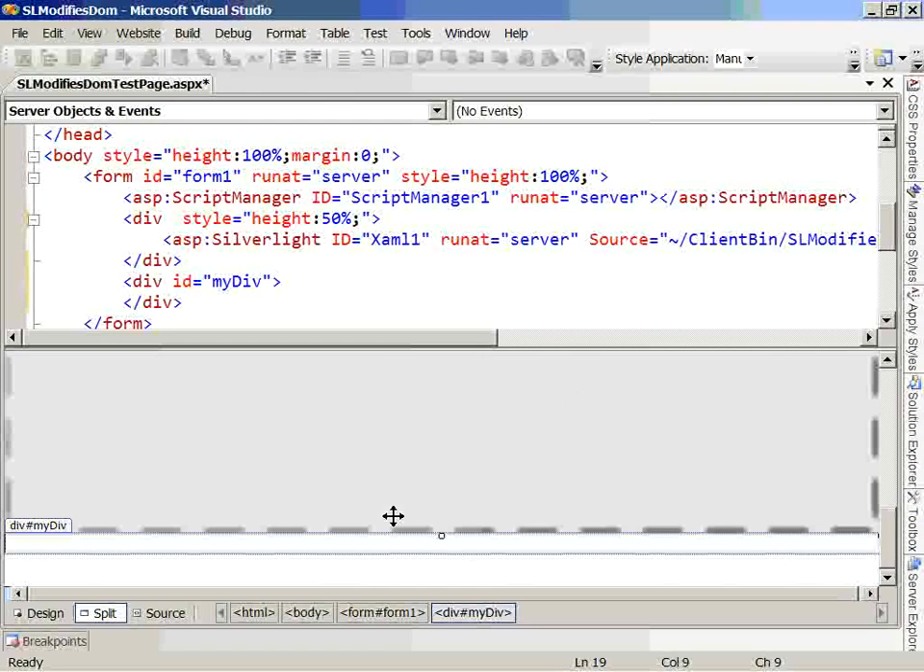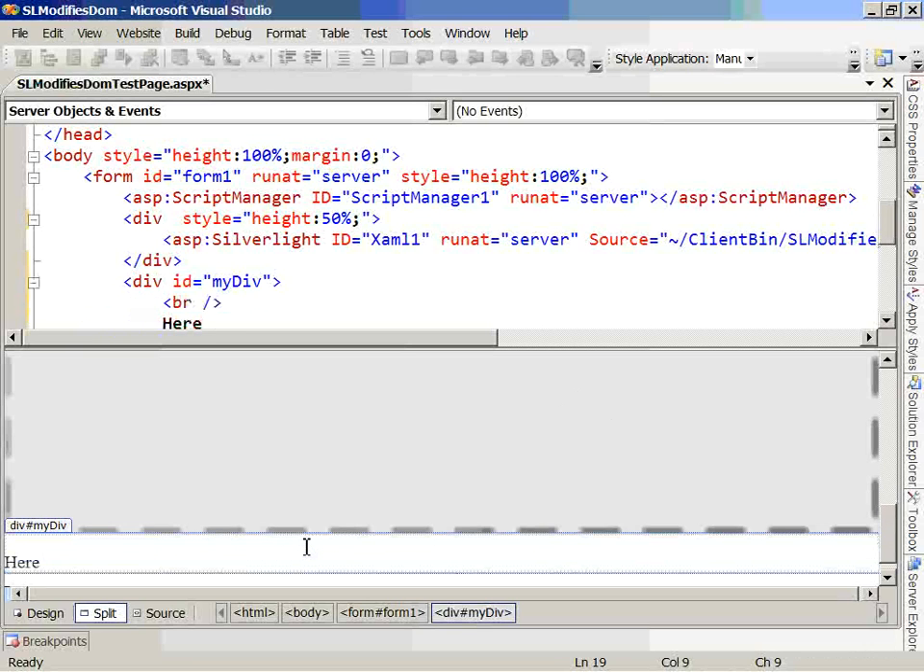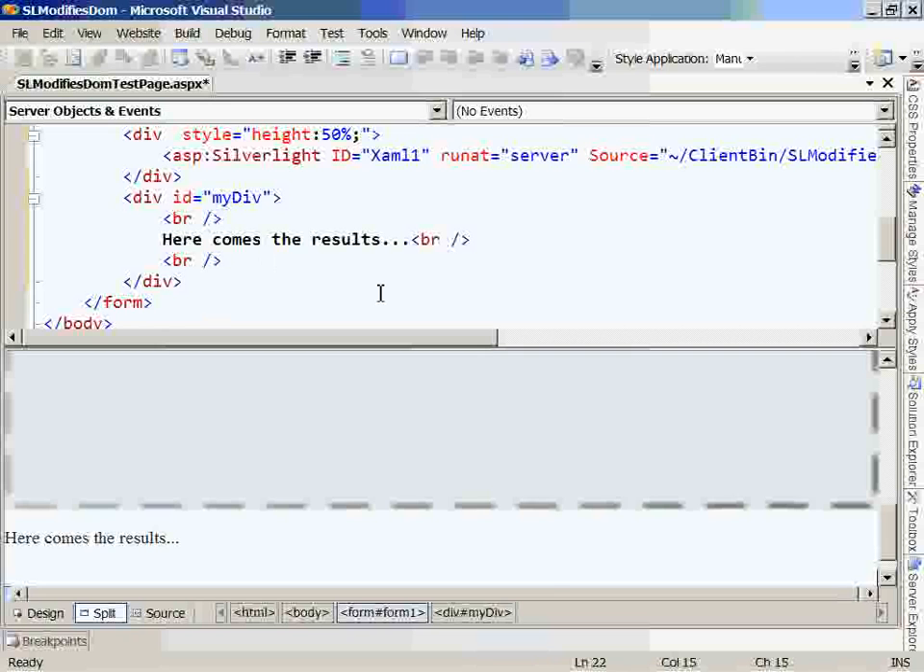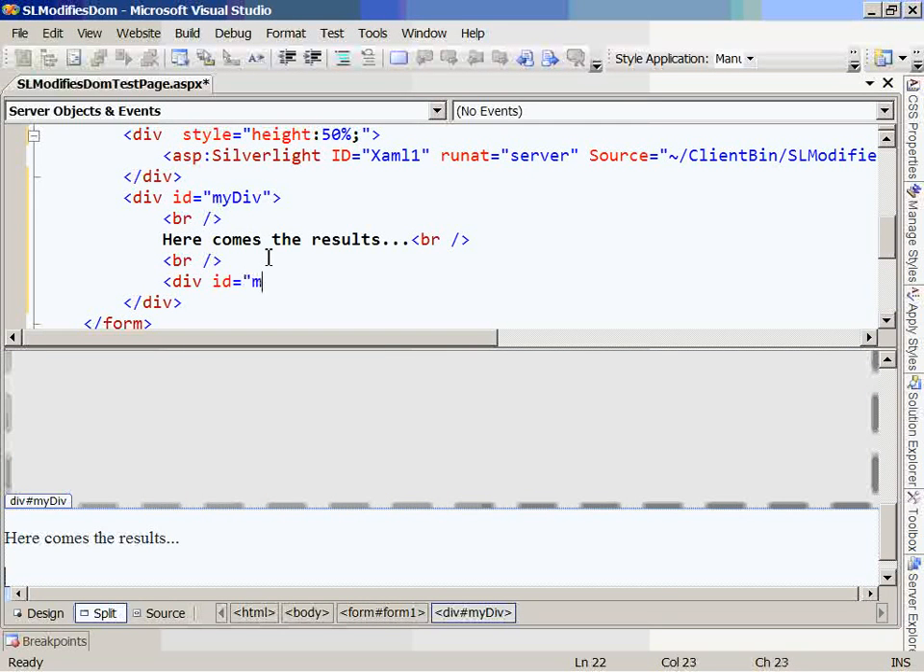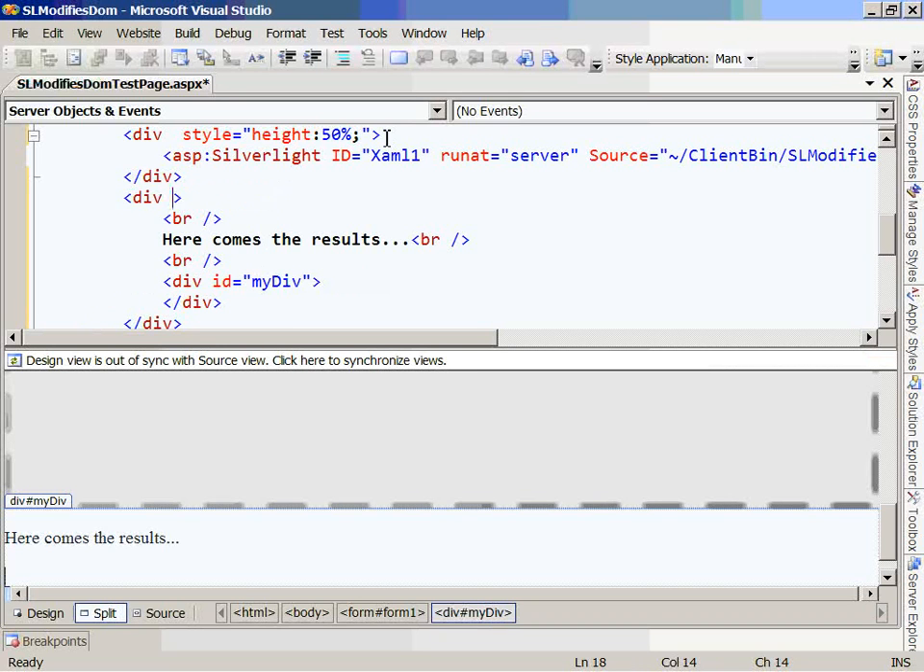And into my div, let's put something like, let's say, here come the results. And perhaps, actually, let's not make that one myDiv. Let's have another div in here. We'll make that one myDiv, and we'll get rid of the ID off that one. So we've got a little placeholder where we can put something. Let's go back to our Silverlight